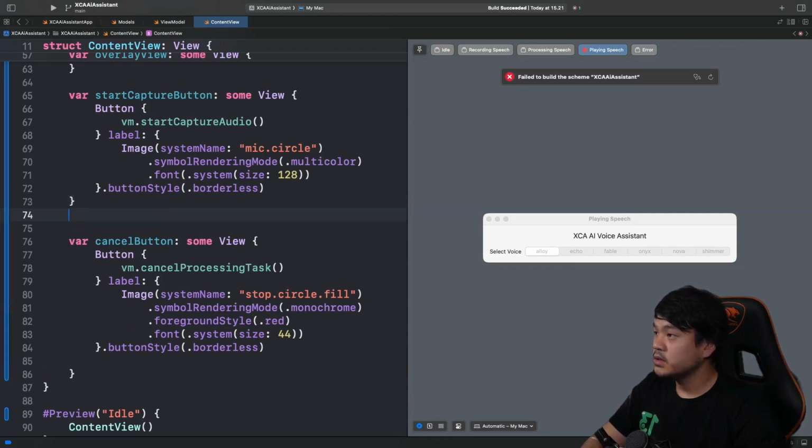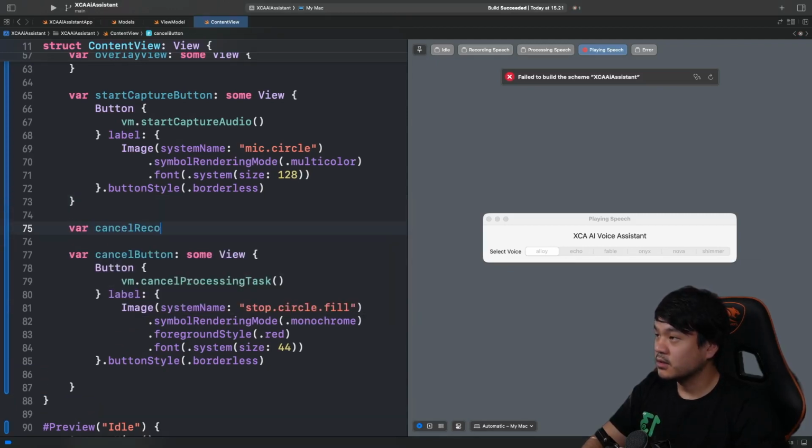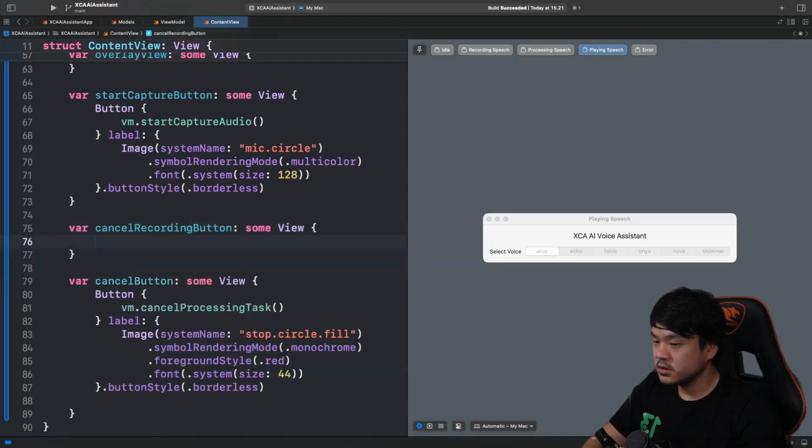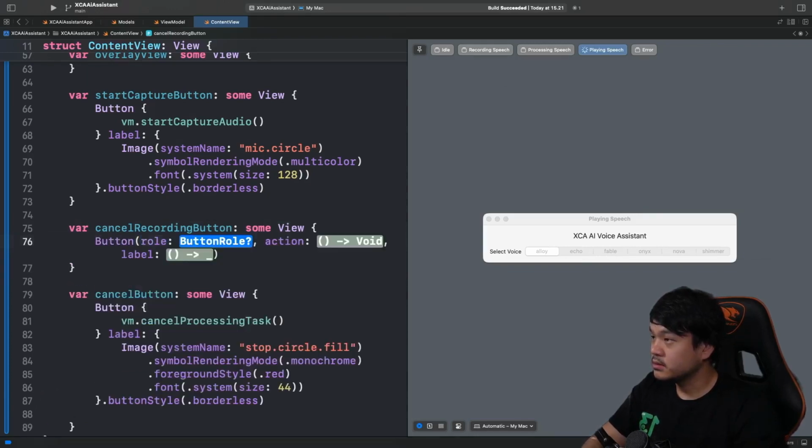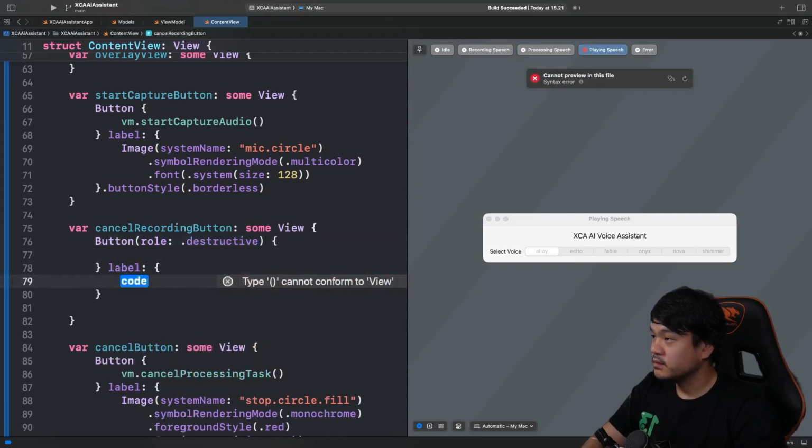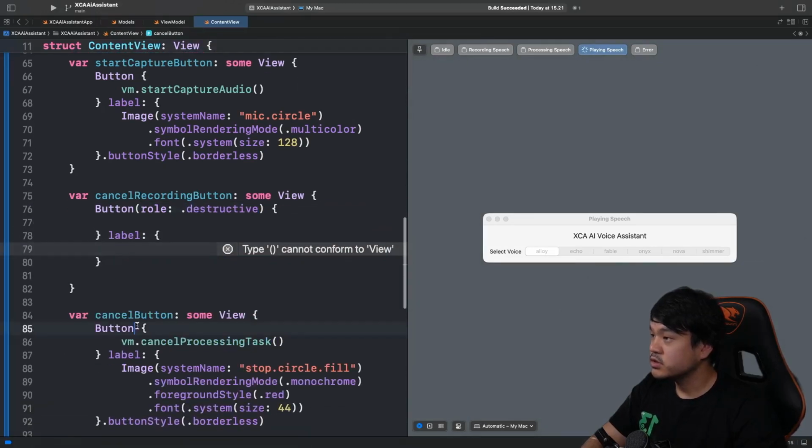Okay, and the next one is the cancel recording button, which will be shown when the user is currently recording the speech. In here we're going to show button destructive. So actually in here I just also want to pass destructive for the cancel button as well.